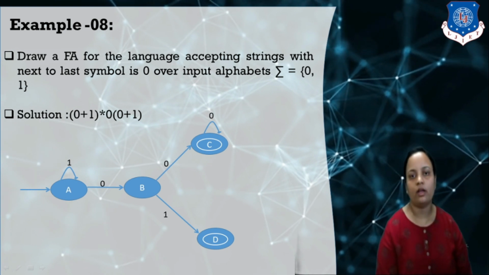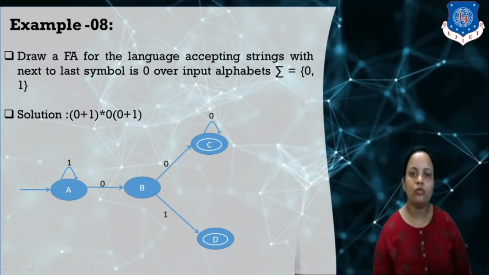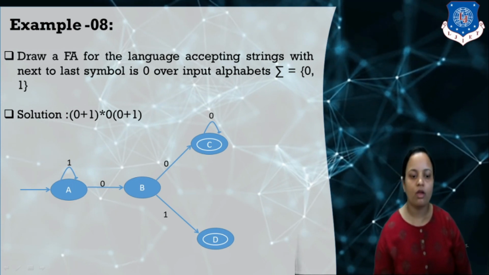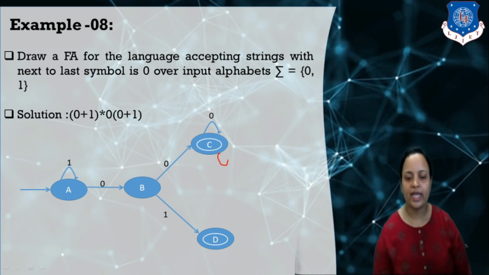Now we have to make the transition for our input 1. So where we have to draw the transition for input 1 on state C? First possibility, as we already discussed: can we make a self loop for input 1 on state C? If you make a self loop for input 1, let me check whether it accepts any invalid string. It means 001 star. If star is repeated 0 times, it contains 00. So this string is valid, yes.